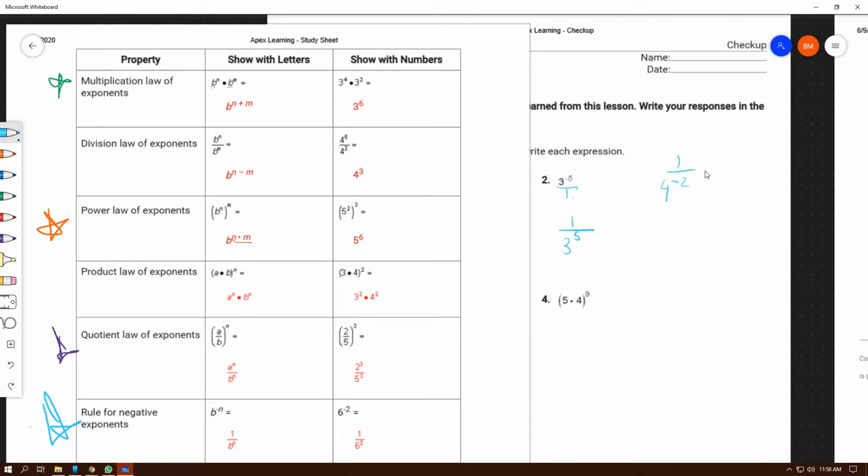If I was given the opposite situation where there was a negative in the denominator, I put it up in the top of the numerator. Just change the